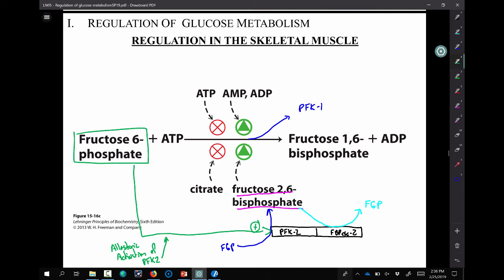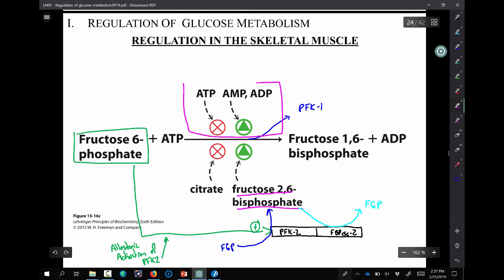And that kind of closes the book in terms of PFK2, FBPase2. Three different tissues, right? Two different phosphorylation sites in two different tissues, and one with no phosphorylation site and only allosteric activation. Now, what I want to do is move to the top of this and talk about this.